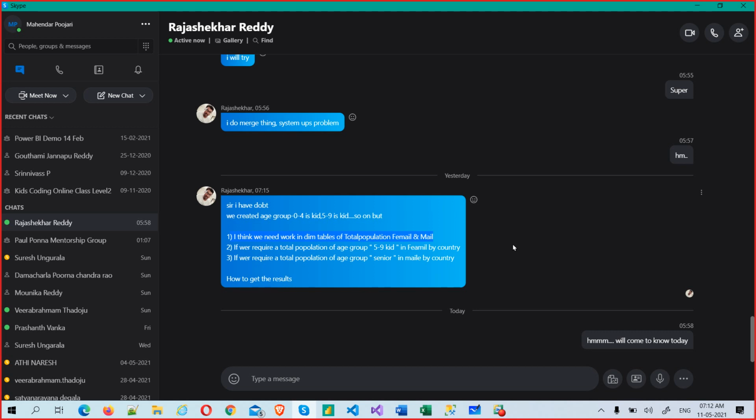Everything is possible. You can create a sum of total population for male and a sum of total population for female. Everything you can do using DAX, so you don't need to specifically create the column. Creating a column unnecessarily increases the size of the PBIX file. You will come to know the measure and understand the difference between the measure and the column, and which is better in what context. We will come to that point maybe tomorrow.